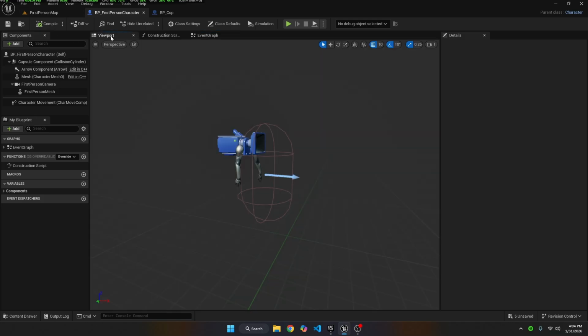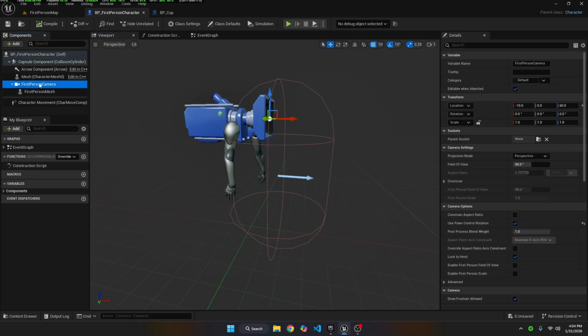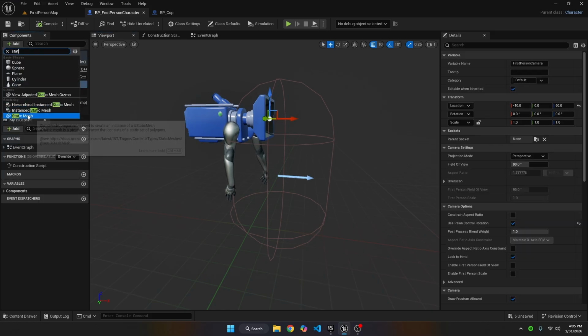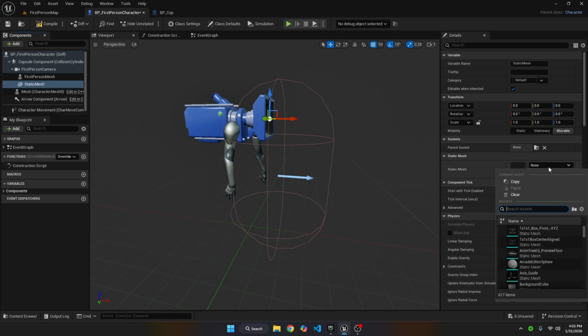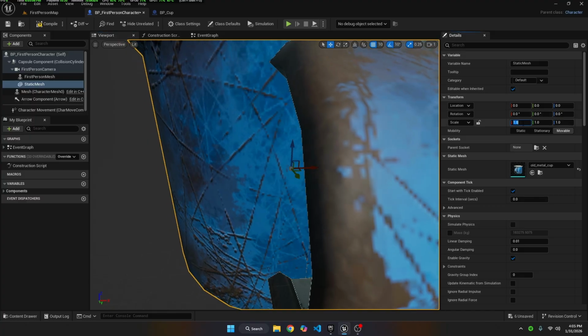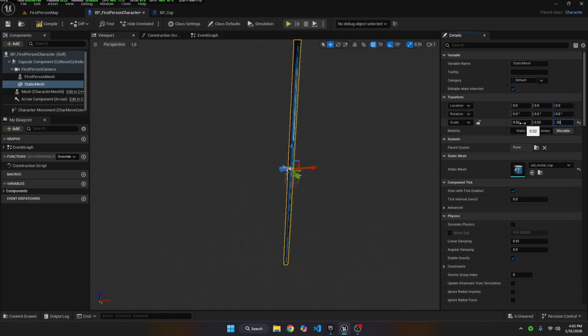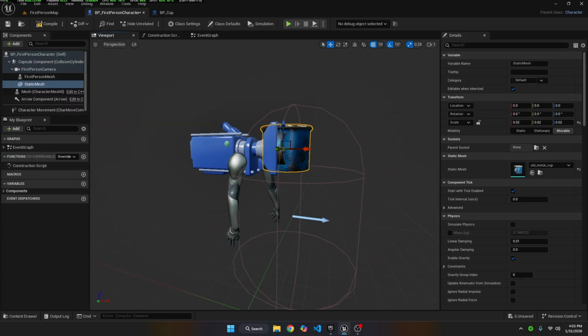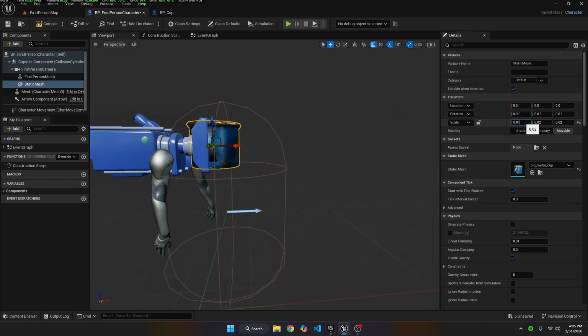So the way we're going to do this is we're going to click on first person camera over here, and we're going to add a static mesh. And then the static mesh is going to be the cup, the model that you have, and you want to scale it to about the same size that you scaled it in your BP over here. This is still a little big. I'm just going to reduce this,